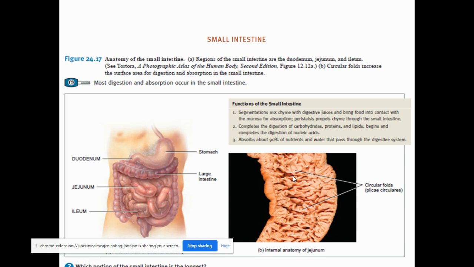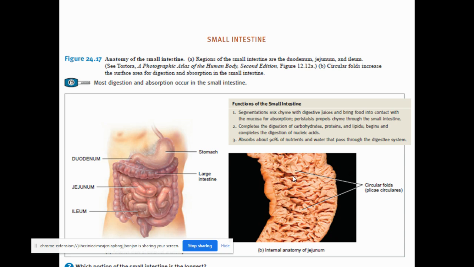So they are the folds of the mucosa and submucosa. As I told you, the microvilli elongate from the mucosa to the submucosa. They are around 10 millimeters long, and begin from the duodenal region and extend into the jejunum and the ileum, all the way down. So that increases the surface area available for absorption, and increases the rate